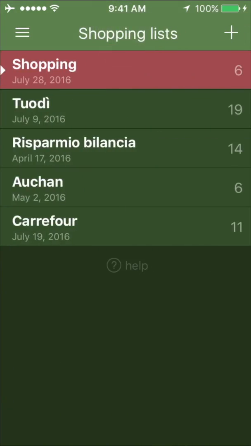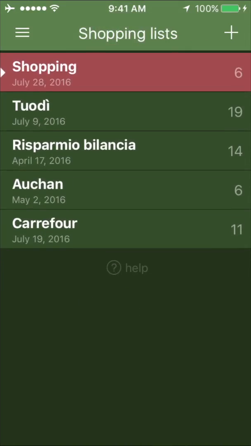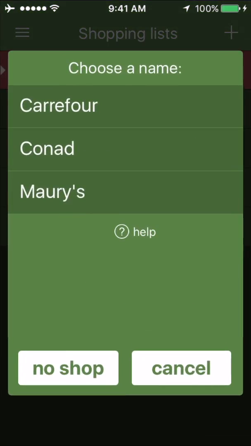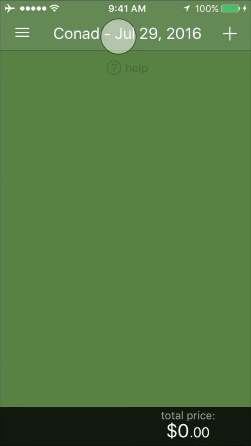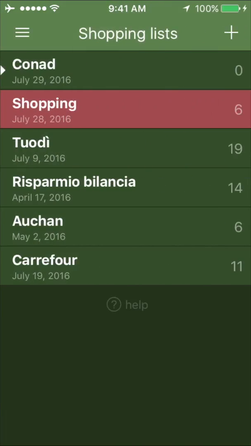Now create a new one. Here's the pop-up. Choose a name and you are done. From now on, this list is associated to the shop. You can rename it and remove the link or click on the circle icon and associate it to another shop.